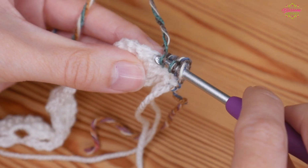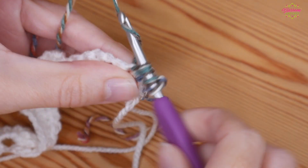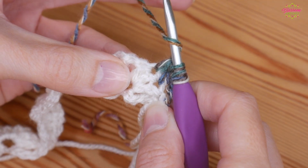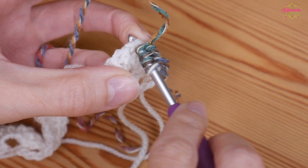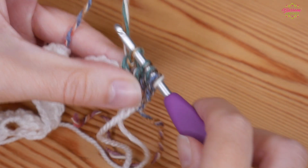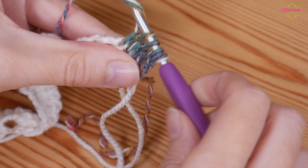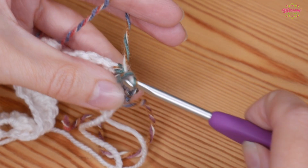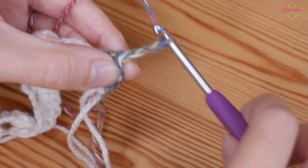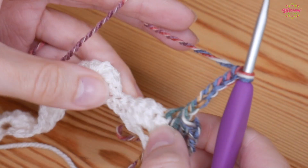Yarn over, go into the top of the next treble, yarn over and pull up, yarn over, pull through 2 and stop, and then again into that final 3rd treble, yarn over and pull up, yarn over, pull through 2 and stop, and then you should have 4 loops on your hook, and you'll yarn over and pull through all of those loops. So you then want to chain 7, 2, 3, 4, 5, 6, 7,